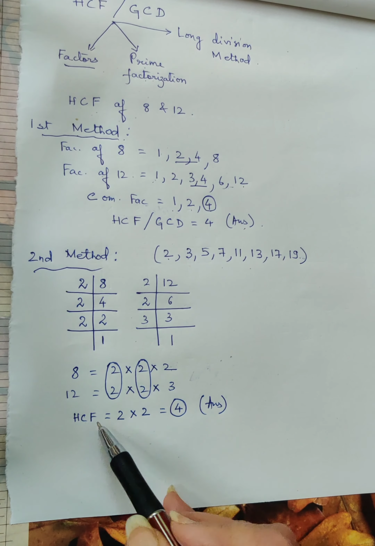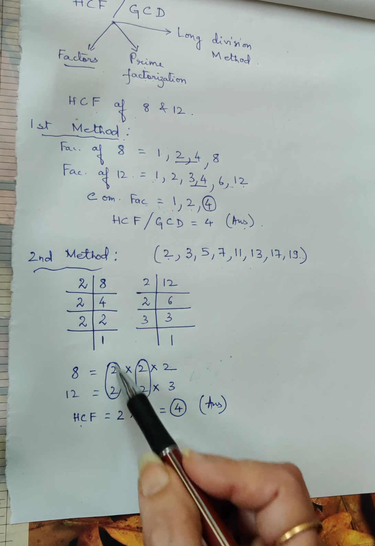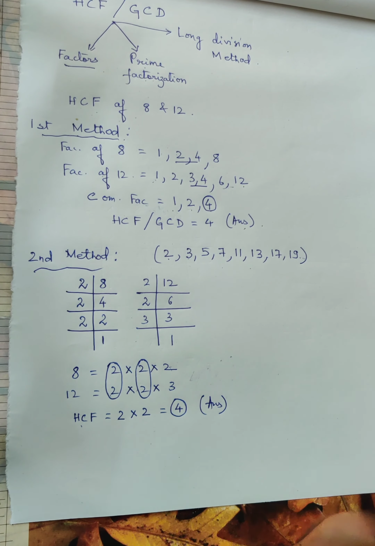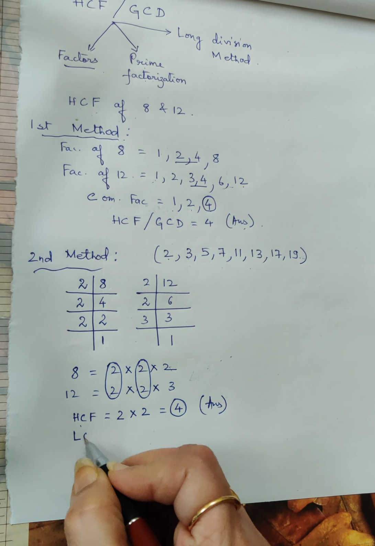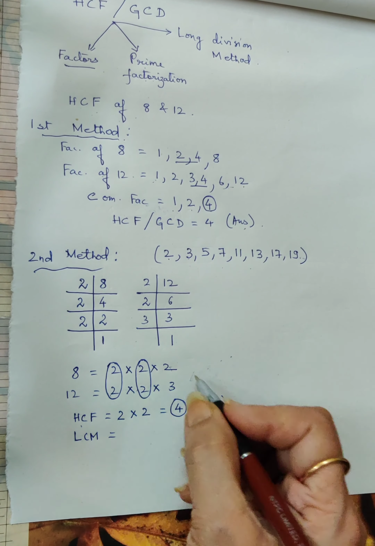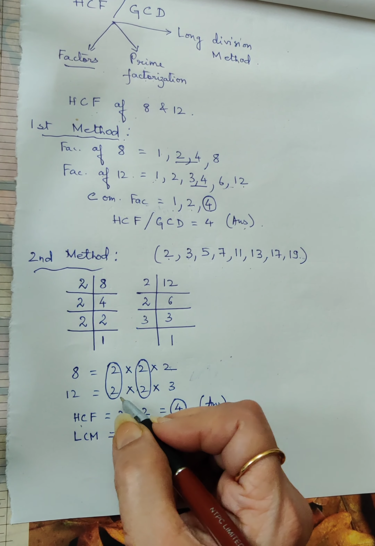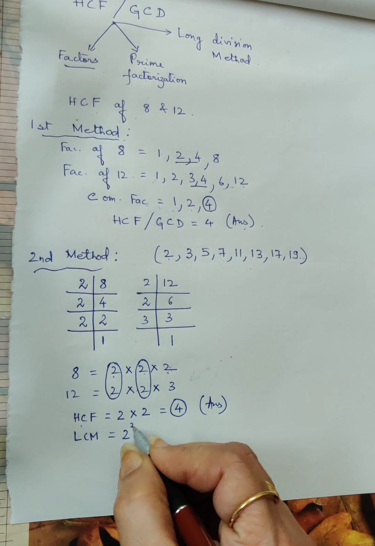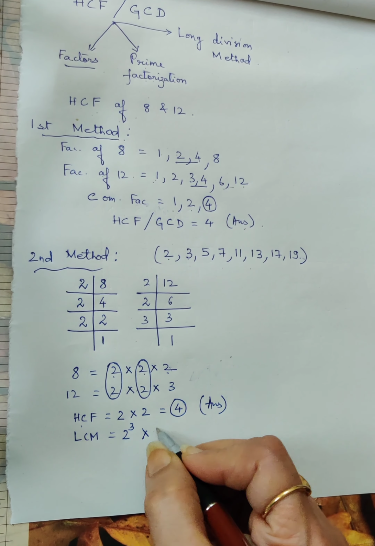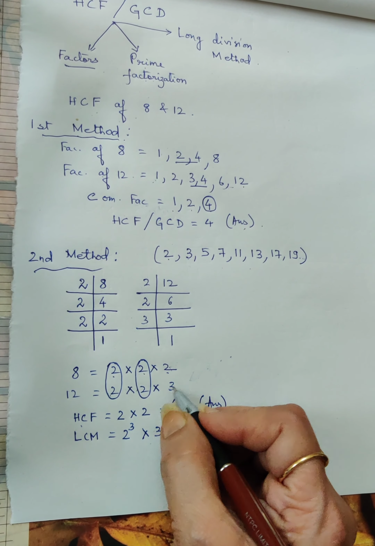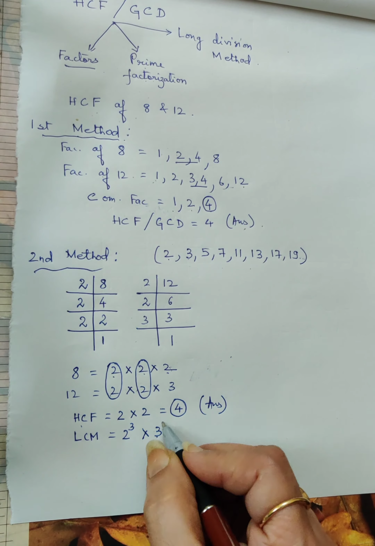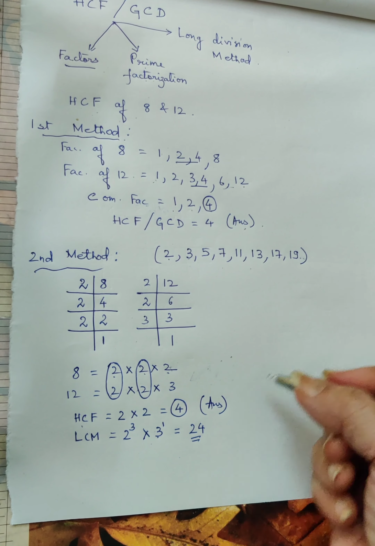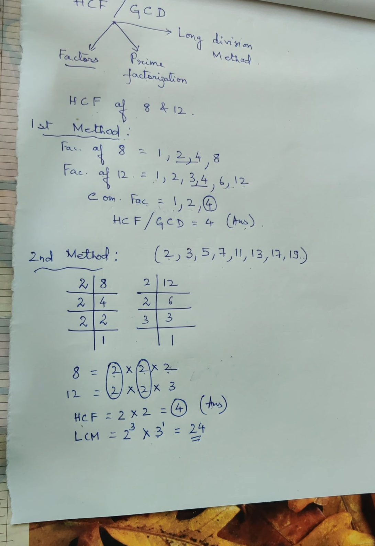Children, please see, HCF here will be the common of the two numbers. The numbers that are not common, they are not taken. They are taken for finding out the LCM. You can find LCM by this method. These two that I have already said, the maximum number of times 2 is repeated is 3 times, 2 to the power of 3, and 3 is repeated only once, so we take it only 1, and our answer will be 24, as we have already solved in the previous video.